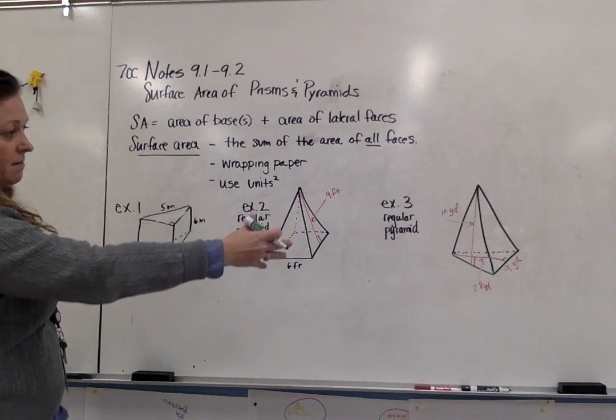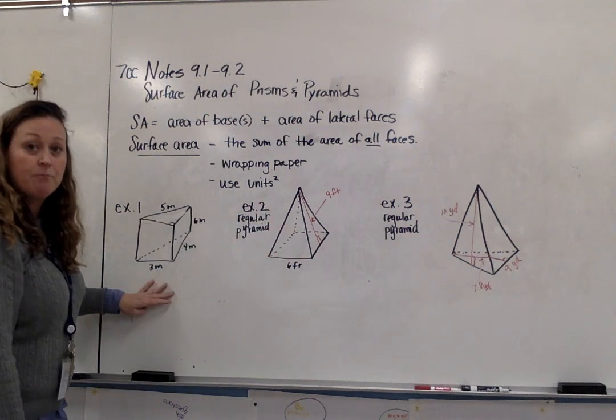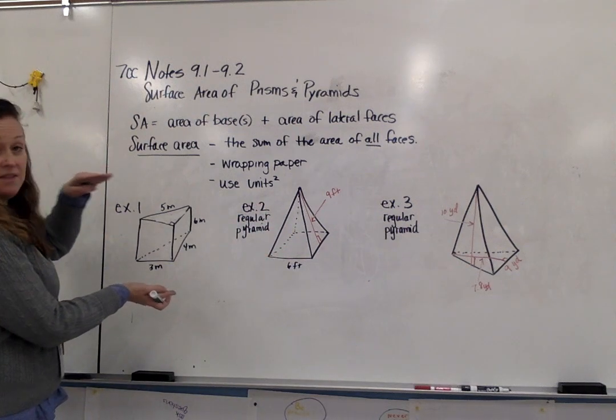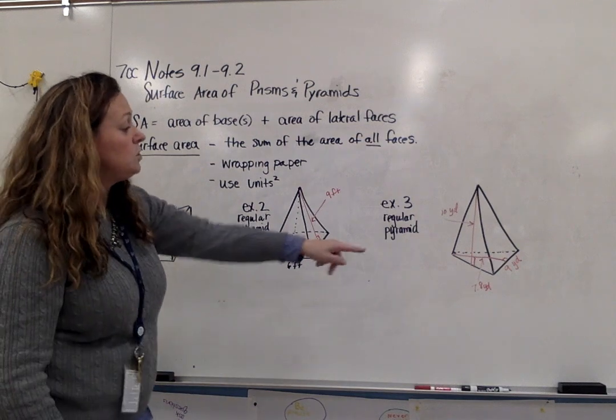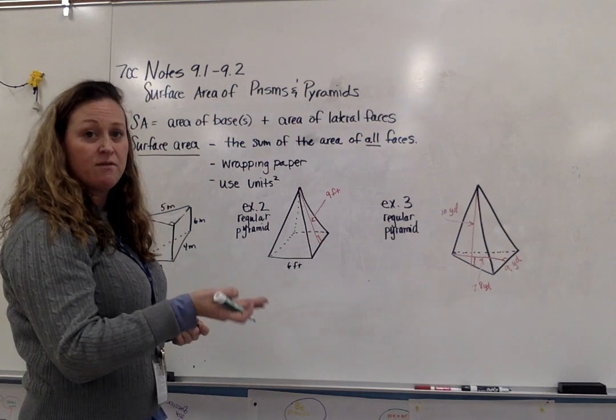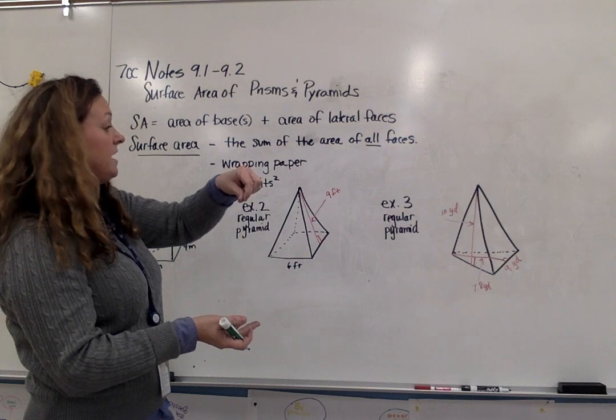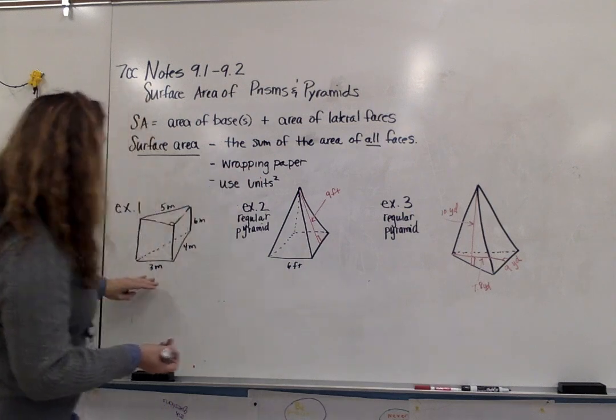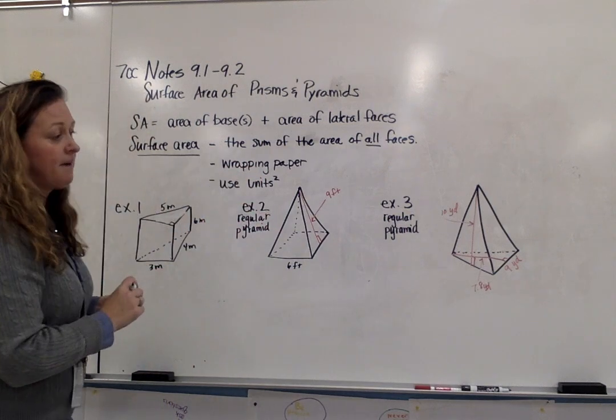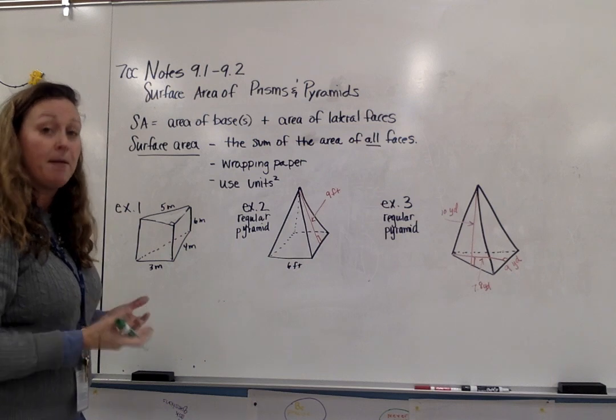And we have 3 examples. This one is a prism because it has a base on the top and the bottom. Examples 2 and 3 are pyramids because they have a base, but they're all connected to the top with the vertices. So anytime you're finding surface area, you need to identify how many faces you're going